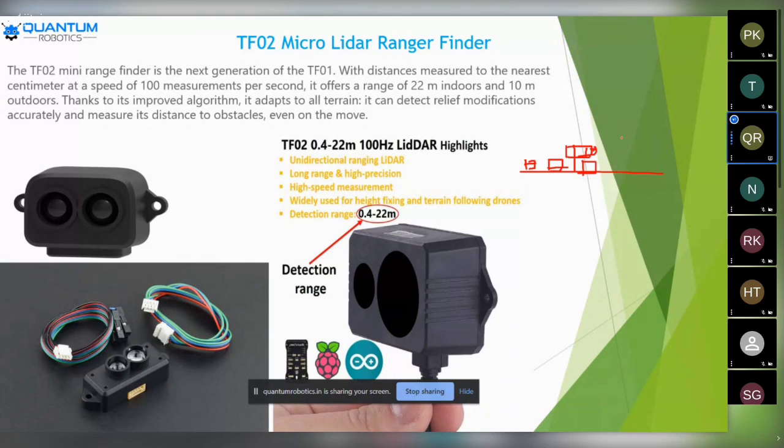And which type of concept is this? Machine vision. Write it down, guys. This is a machine vision concept. In this machine vision concept, by using a TF02 micro lidar sensor, we can identify the defective parts of a particular object. Then we can give the exact accuracy for industrial purposes.